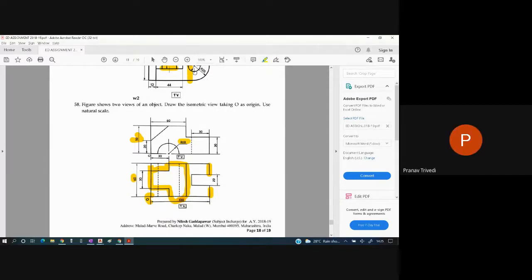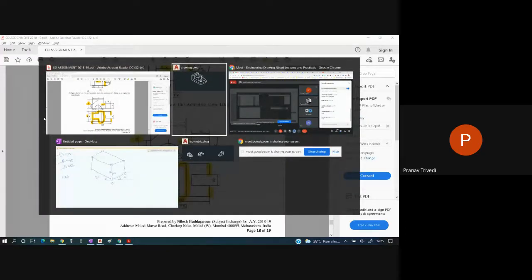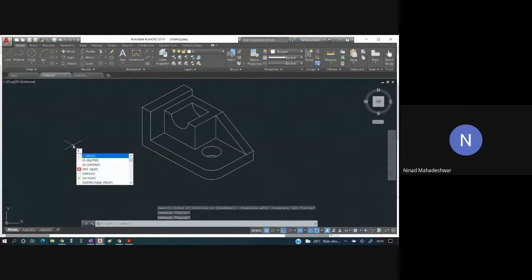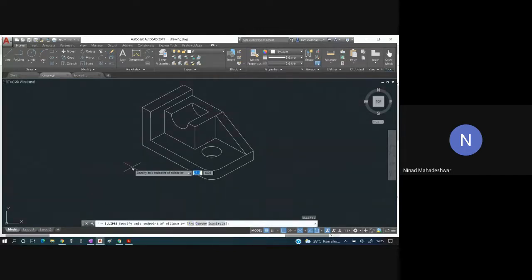Sir, can you explain again how to draw isometric circle? Yeah, I'll just tell you. For drawing any isometric circle, you have to press EL, ellipse, and press enter. In the command bar, you have to go to isocircle.